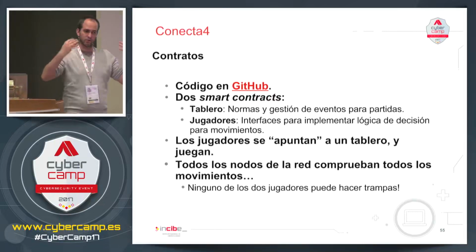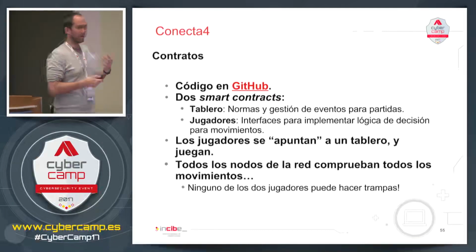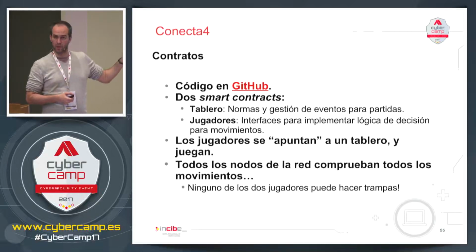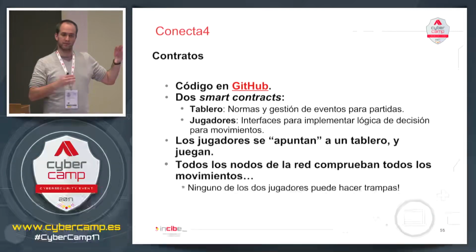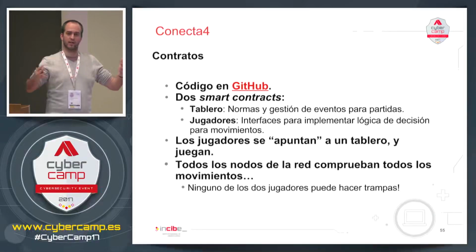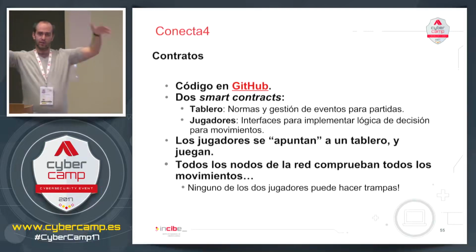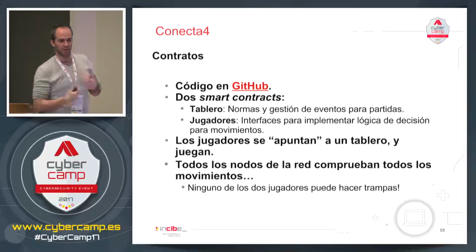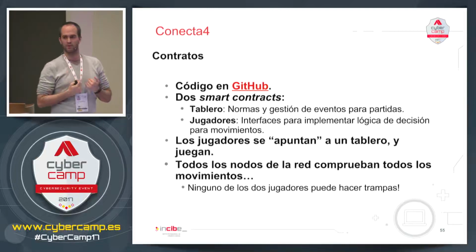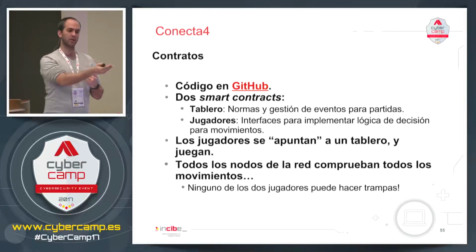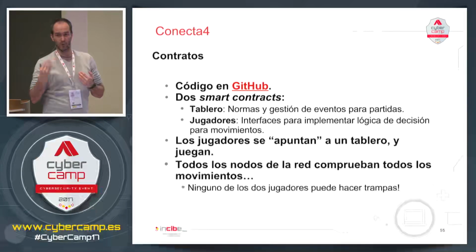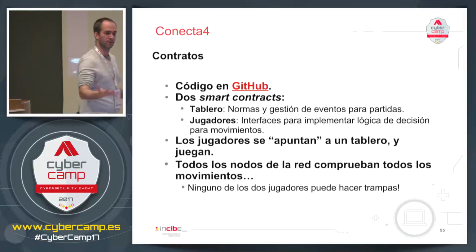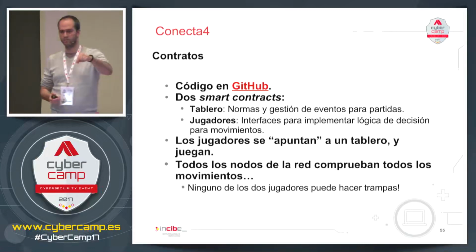What happens? Well, the two friends think this is a valid solution because they instantiate the board and the players' contracts. Those instances are going to be replicated in all the network nodes. If we deploy these smart contracts with Connect4 on Ethereum, all of you will have a copy of all these rules. You will have a copy of the smart contracts between the two players and the board rules. Every time I send an operation, a move,